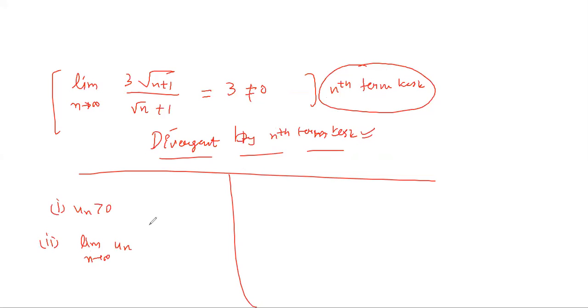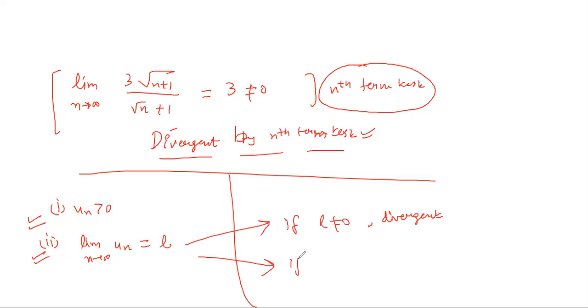Whenever you do a question on an alternating series, I am telling you the order. First, this condition needs to be checked, which will always be satisfied. Second, this one, you evaluate the limit. Whatever the value of this limit turns out to be, say this is L. Now here two cases will be formed. If L is non-zero, you write divergent. Question finishes there only. If L is zero, then you further check the condition, the third condition, which is decreasing